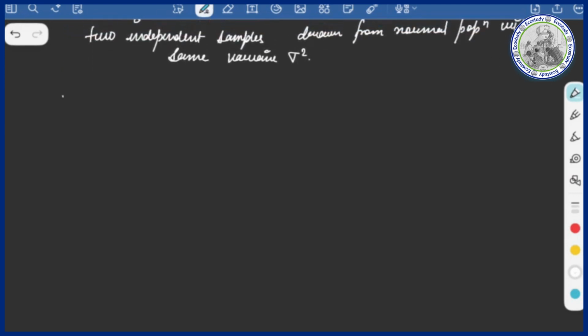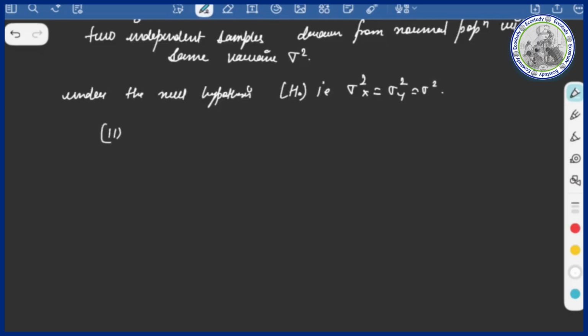So under the null hypothesis, H naught, that is sigma square x is equal to sigma square y is equal to sigma square, population variances are equal,